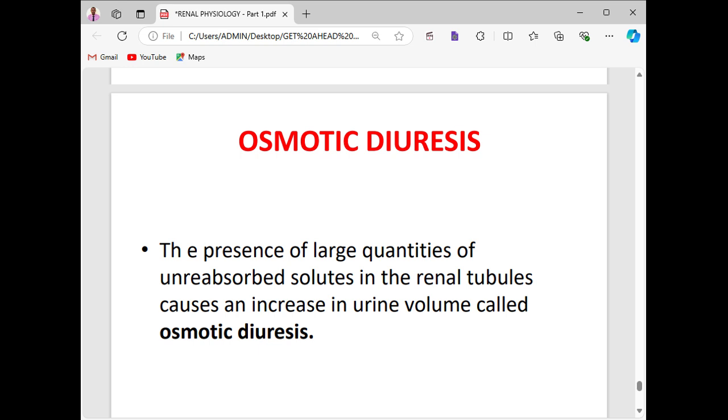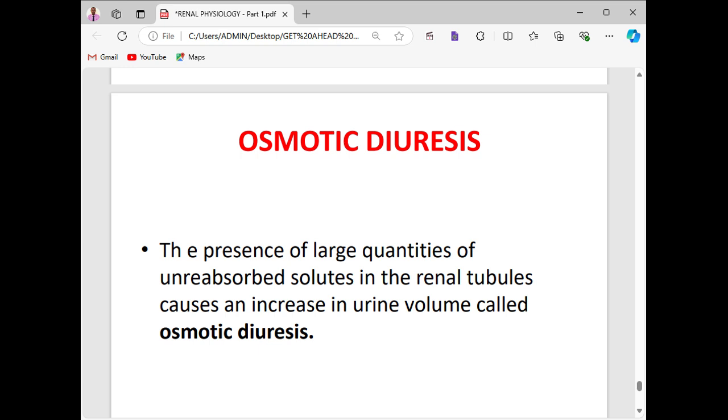Now what is the mechanism of this osmotic diuresis? Number one, we have increased osmotic pressure in the tubular lumen. Number two, inhibition of water reabsorption in the proximal convoluted tubule and collecting duct. Number three, increased water delivery to the distal nephron. Number four,